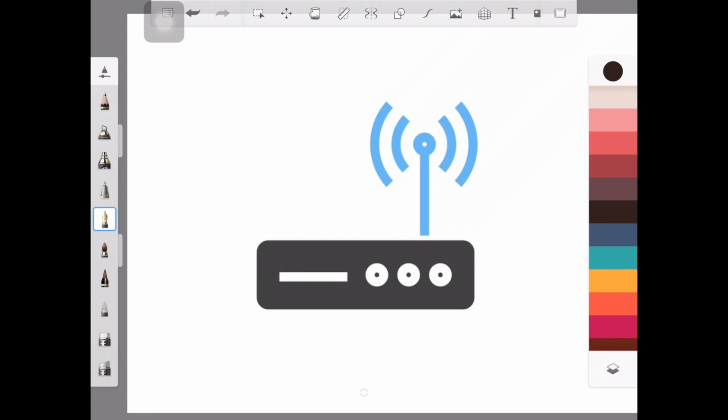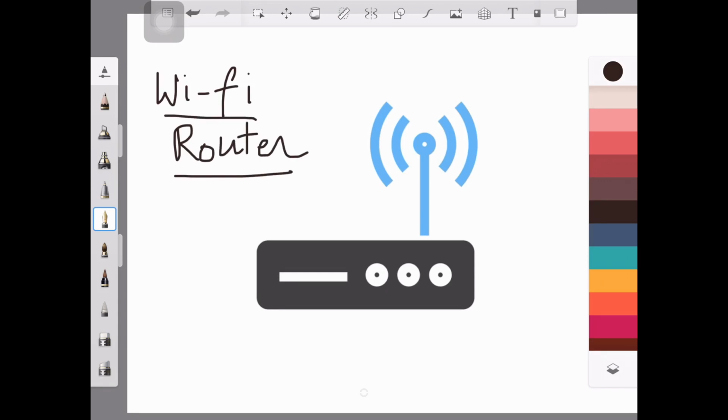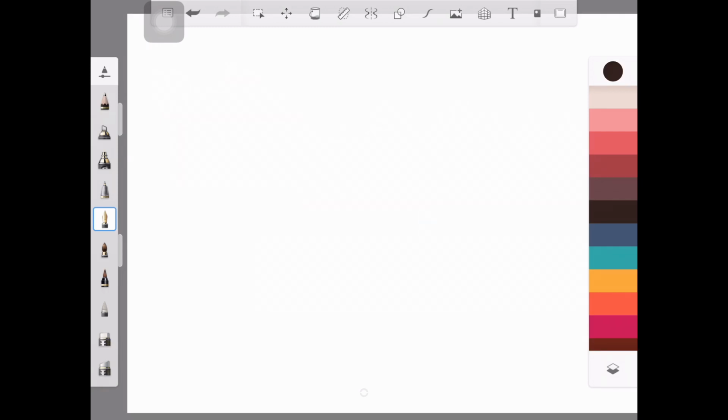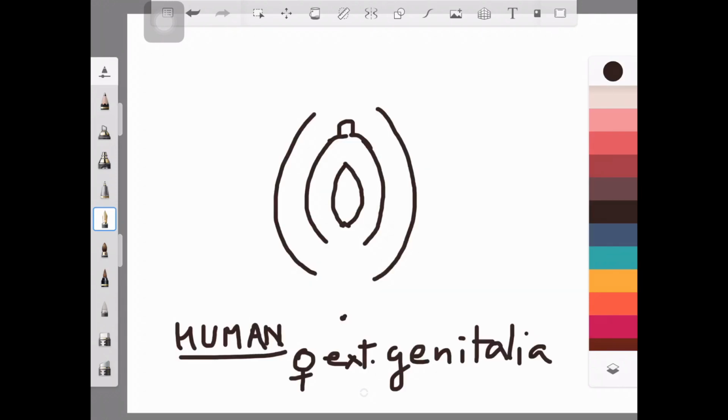Have you seen a Wi-Fi router shown here, and its symbol shown in blue? Almost similar to that signal, external organs, reproductive organs, have been shown here. And the labeling now. Vagina,